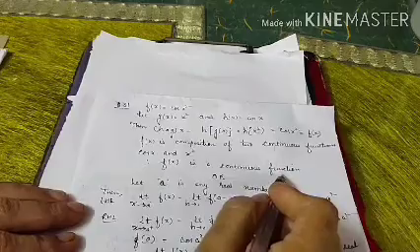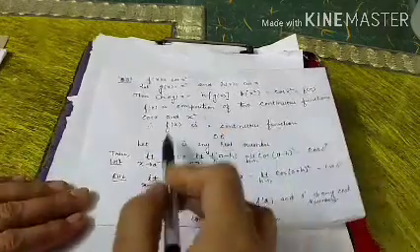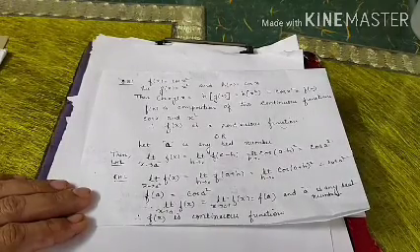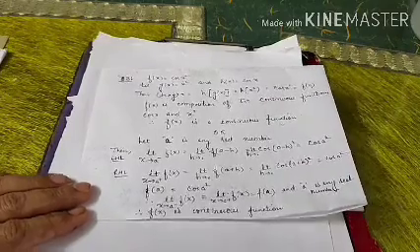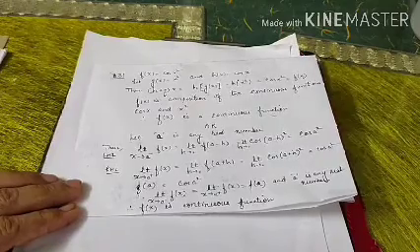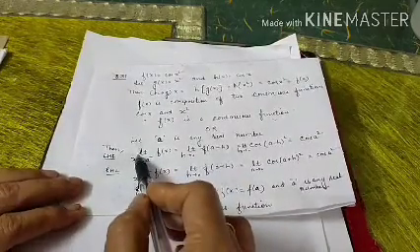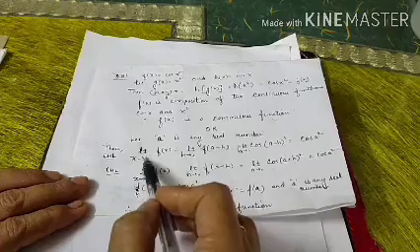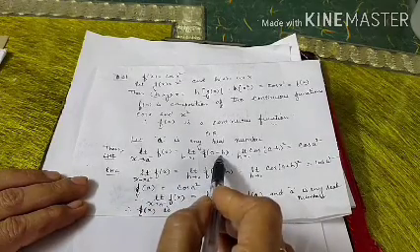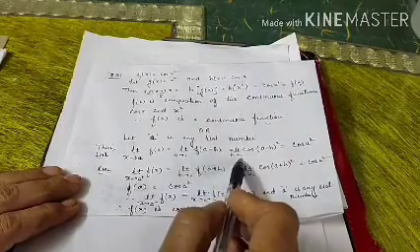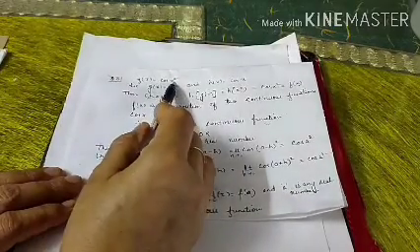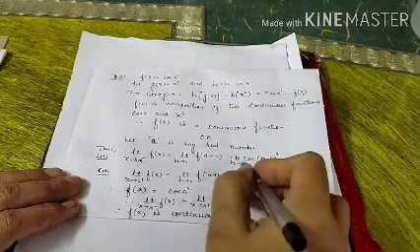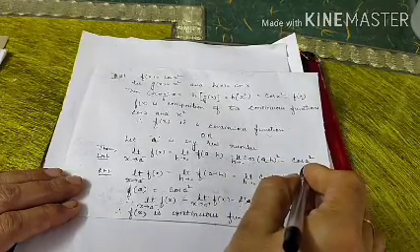This is one way. Another way is, let us take a as any real number. Now we find the left hand limit and right hand limit on it and the value of the function, and show that all three are equal. So when you find the left limit at a, then it becomes limit h tends to 0 of f(a − h). Put a − h in place of x in the function, then it becomes cos (a − h)² and limit h tends to 0, so it becomes cos a².